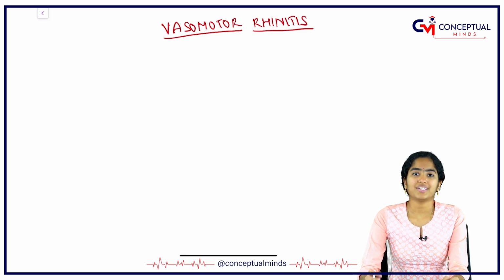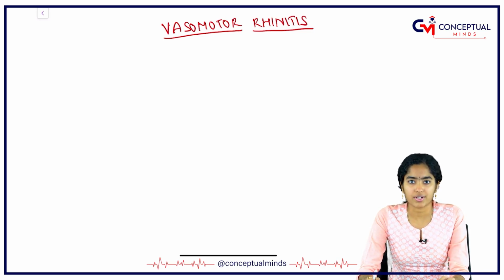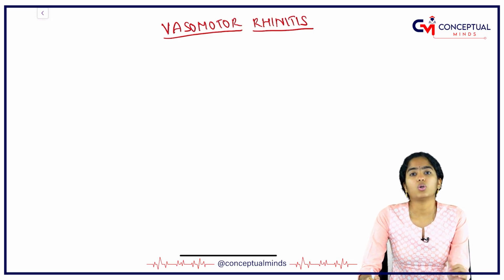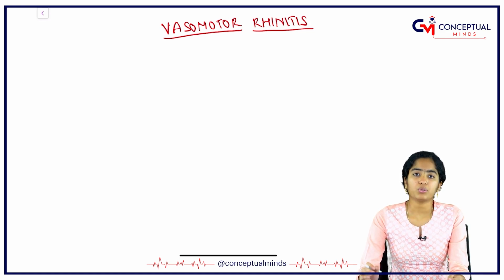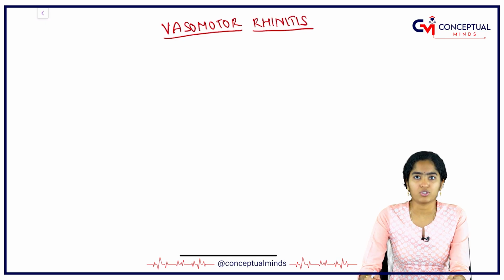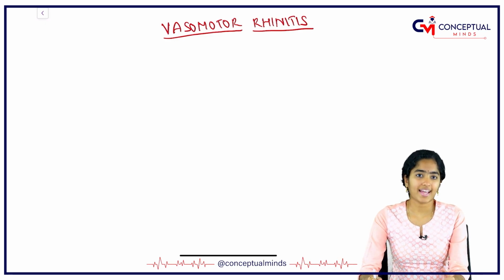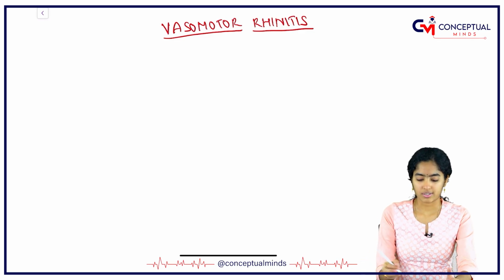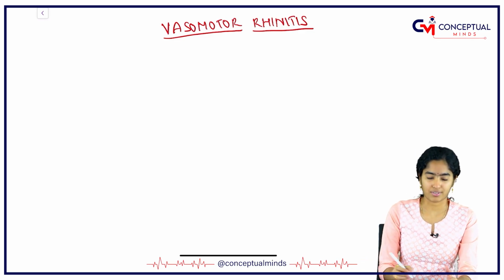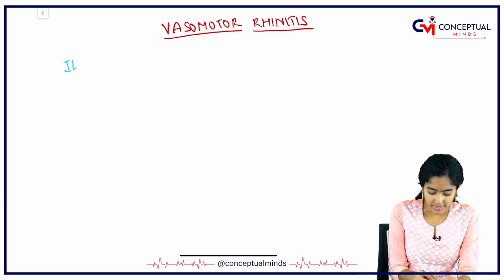Plus, any of the tests that you do for allergic rhinitis will be negative in this patient, such as no high IgE levels, eosinophil count is normal, and when you do a skin test to identify allergens, they are also all normal. So, it's clear that it is not allergic rhinitis. Now, let us see what's exactly happening in vasomotor rhinitis. First, if I write its definition, it is